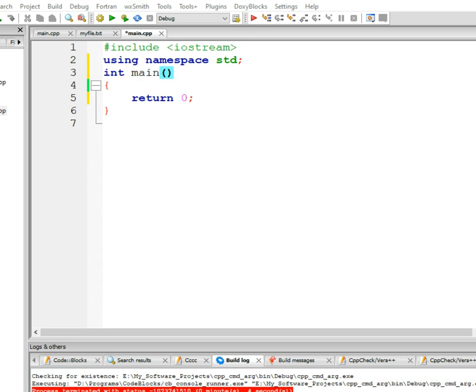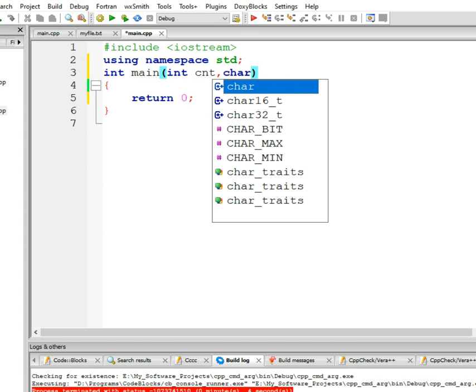Hello all. In this video we are going to discuss command line arguments, how to use them and how to configure command line arguments in Code::Blocks. To accept a command line argument, the main method will be modified to accept two arguments. One is count, how many arguments we are interested in passing, and Code::Blocks has given a hint of the second argument, which is a character pointer and the array.